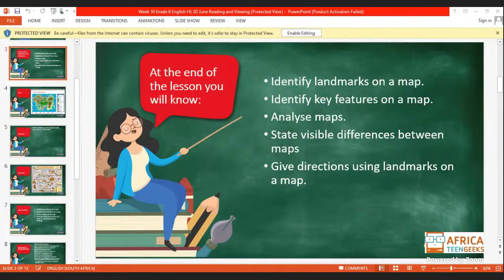When you talk about analysis, you're talking about dissecting the map, stating all the different parts of a map, meaning how they differ, but also how they join together. Fourthly, I want us to state the visible differences